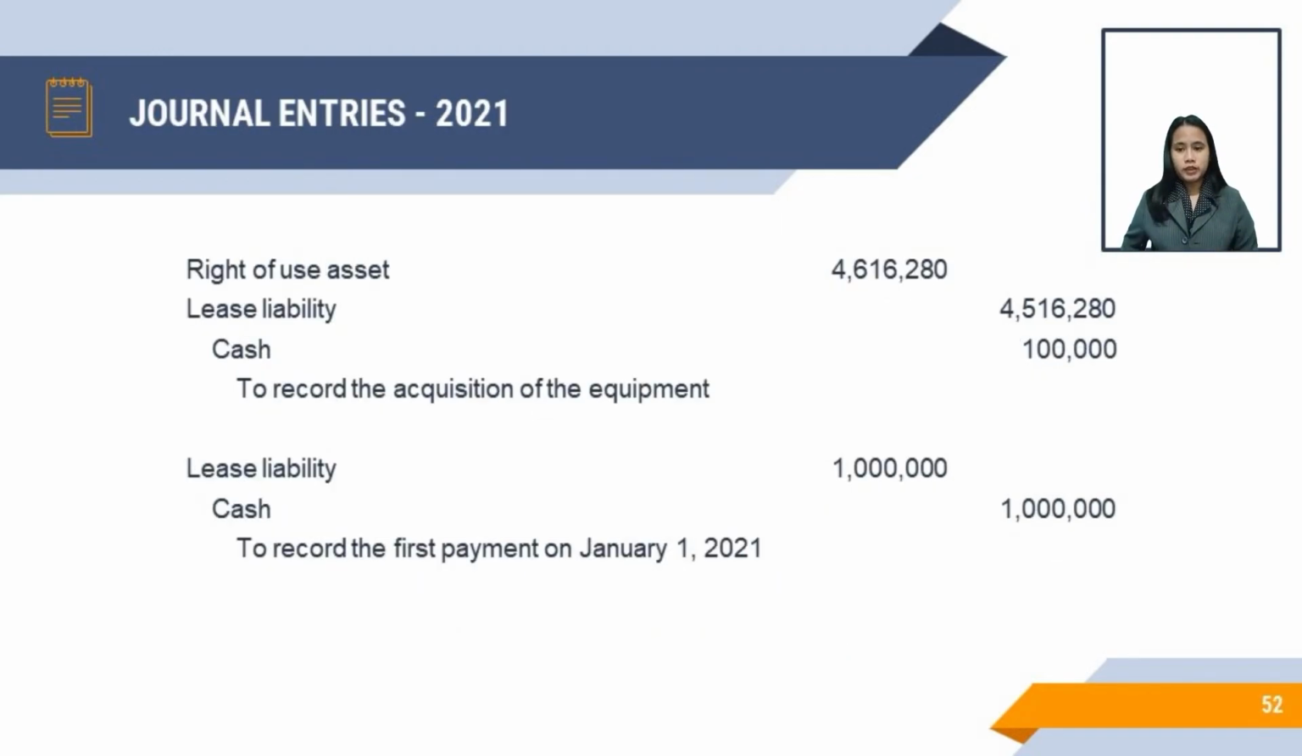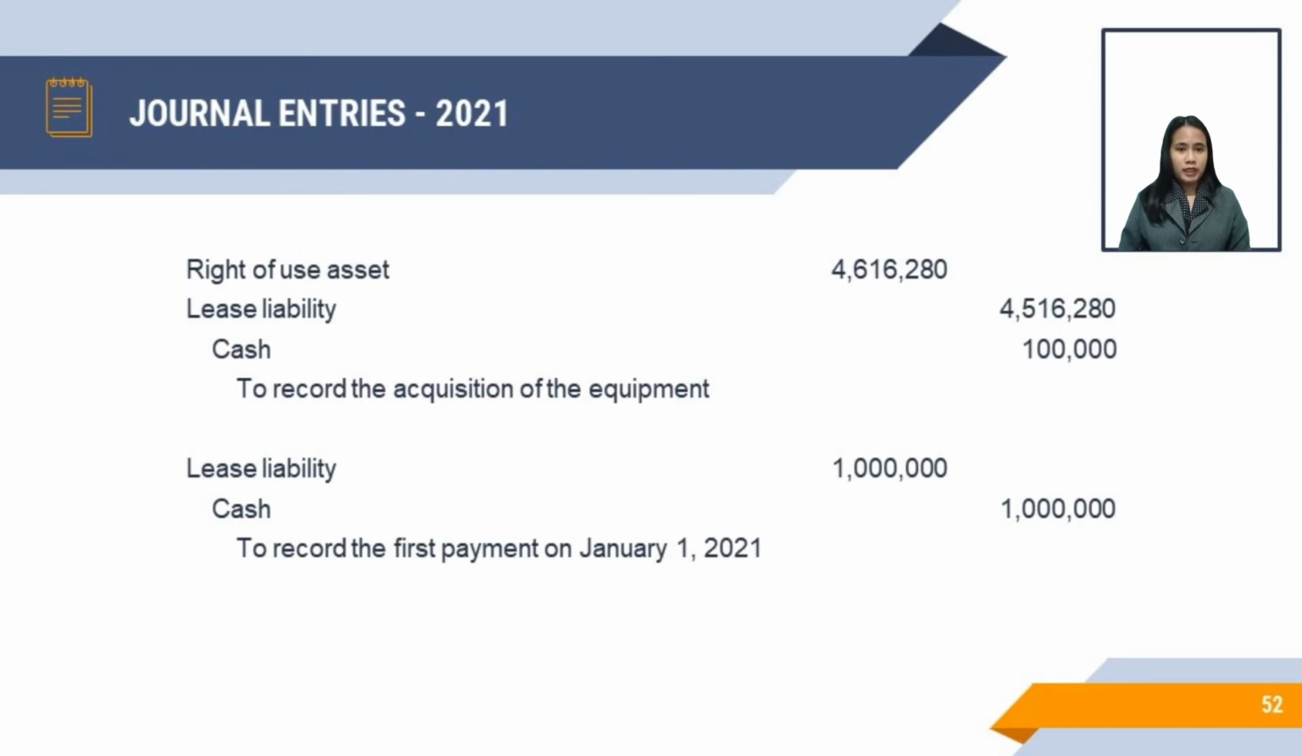Okay, this is our first journal entry for the year of 2021. To record the acquisition of the equipment, we have to debit right-of-use asset 4,606,280. Ito yung nakuha natin kanina sa ating previous slides kung saan kinompute natin yung kanyang value. Next is to credit the lease liability of 4,516,280 and also to credit cash of 100,000. Paano natin nakuha itong 100,000? It is 250,000 less